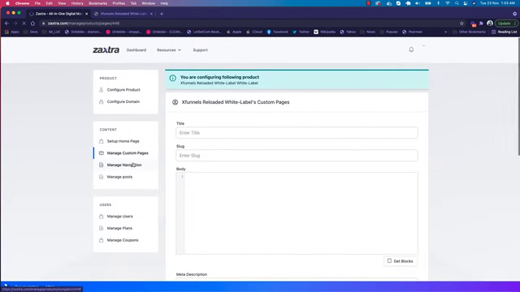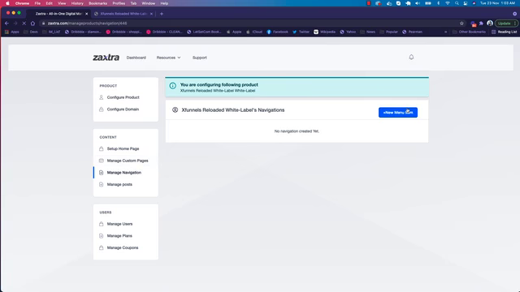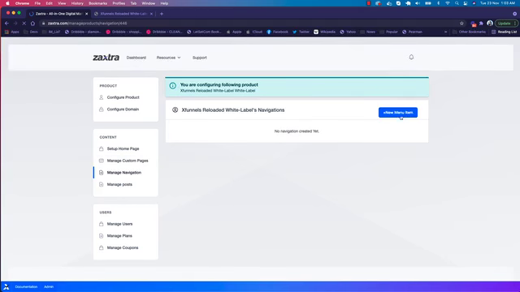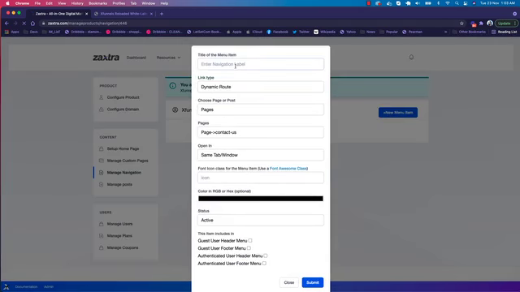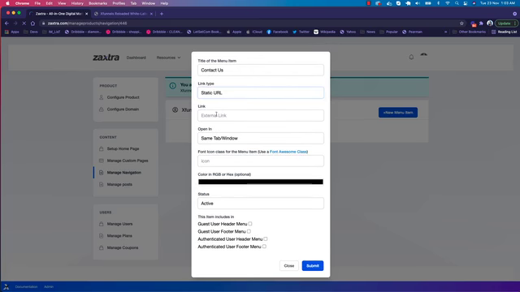I go back to the manage navigation section here. I'll click on a new menu, and I'll just create a menu with the label of contact us. It can be a static URL or a dynamic URL. Dynamic means you can choose a link from your pages or posts which you have created. If you want to have a static URL like https:// your page URL or your affiliate URL or google.com, it will be redirected to that.